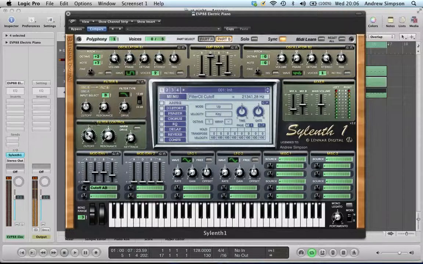Now if we push the cutoff all the way up, you can sort of automate the cutoff as you go along. If it's all the way off, you should have something that sounds like this. And if I slowly move all the way around,